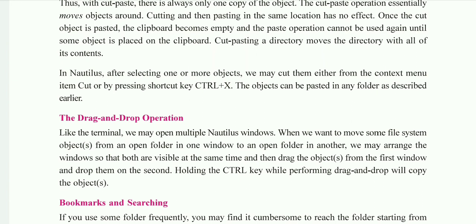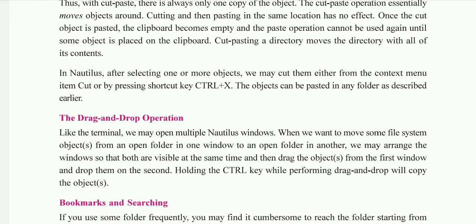When we want to move some file system objects from an open folder in one window to an open folder in another, we may arrange the windows so that both are visible at the same time, and then drag the objects from the first window and drop them into the second window. So you open multiple Nautilus windows side by side, then drag an object from the first window to the second one.